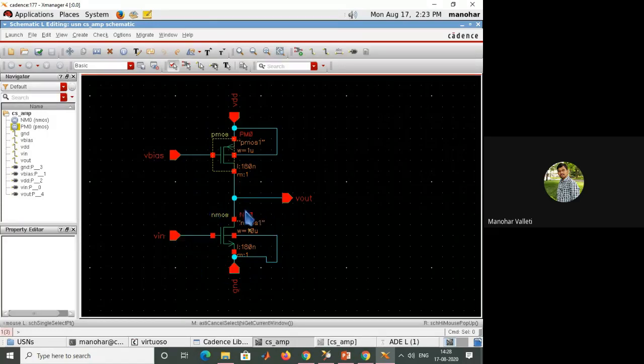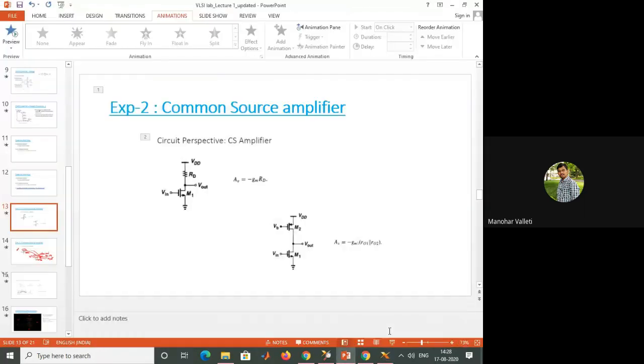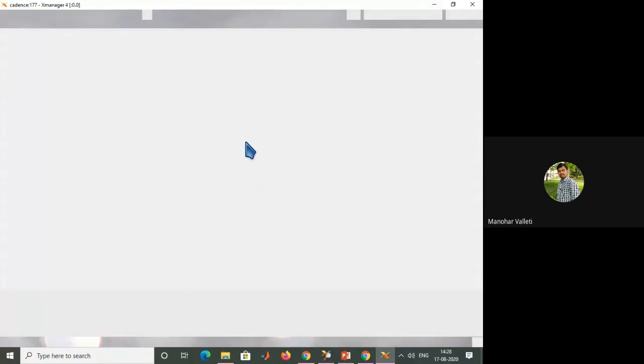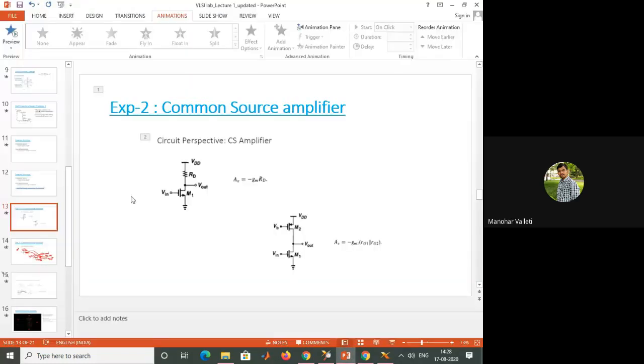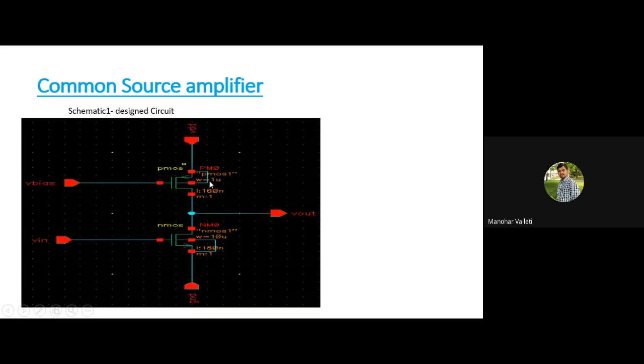So whichever transistor is amplifying, its W/L ratio has to be very, very high. So that's all. These are all the things to be known regarding the common source amplifier.